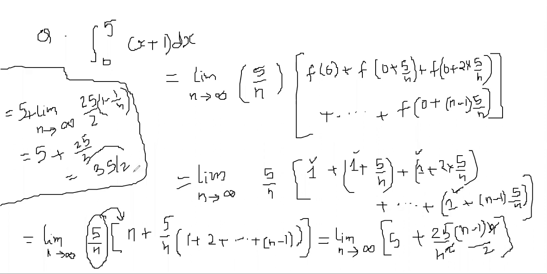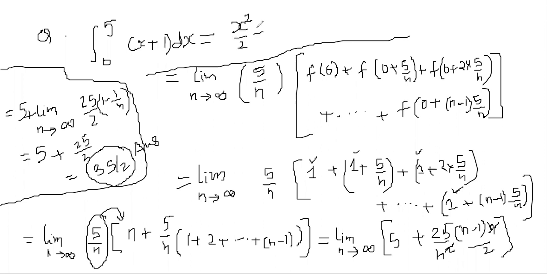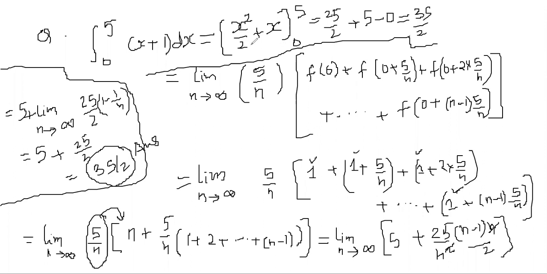So this is how you get the answer without integrating, by limit of sum. If you even integrate it by your knowledge of integration, which you have studied earlier in physics also, x dx integration is x square by 2 and dx integration is x. When you put the limits 0 to 5, you will get 25 by 2 plus 5 minus 0. So you will get 35 by 2, the same answer. But in some places integration is difficult. Here integration is simpler. So this method is useful in some places, and it also shows that you are getting the same answer.